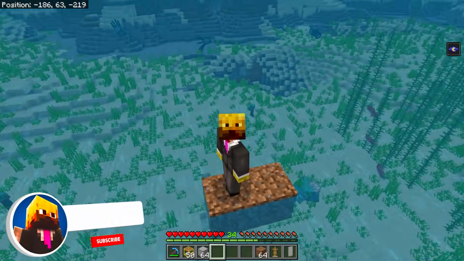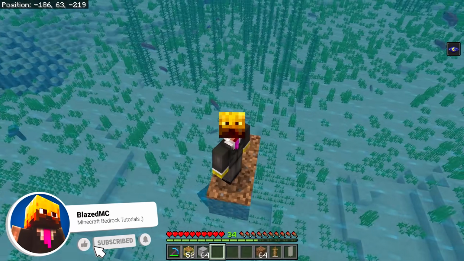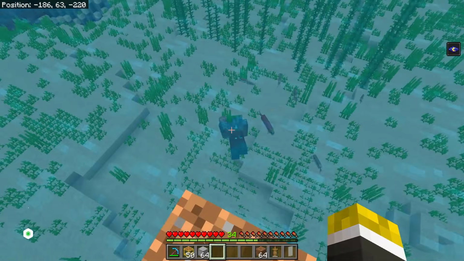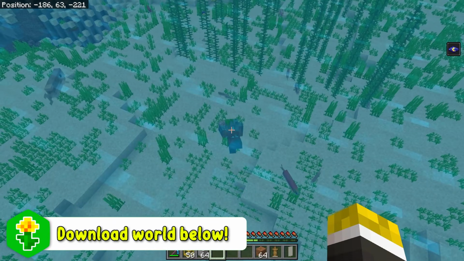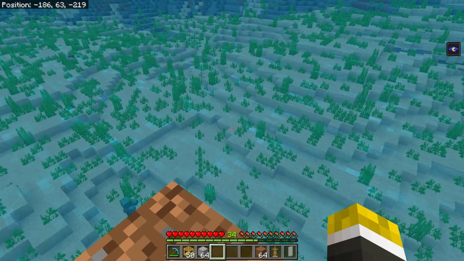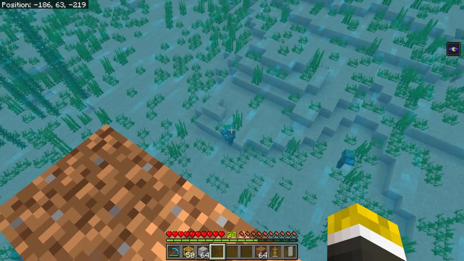Before we get started with this farm, the first thing you want to make sure is that you're building it in the correct location. That correct location being over top of a body of water where you can see drowned spawning below you. This is very, very important. You want to look around, make sure you can see drowned spawning, otherwise drowned might not be able to spawn